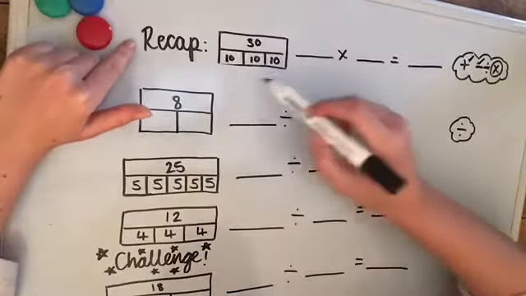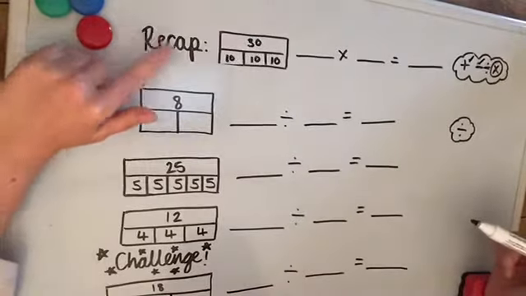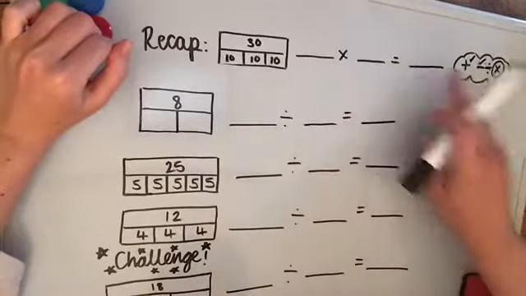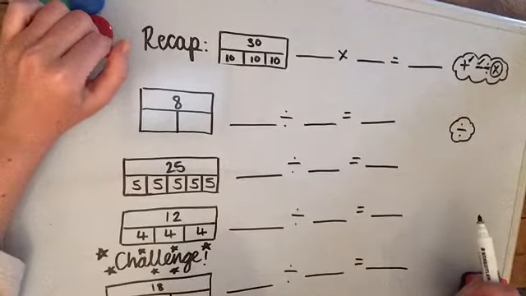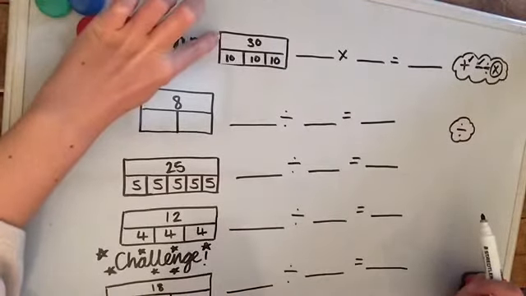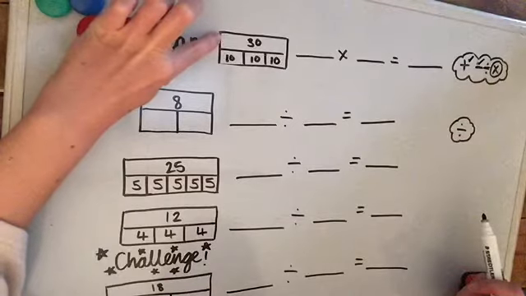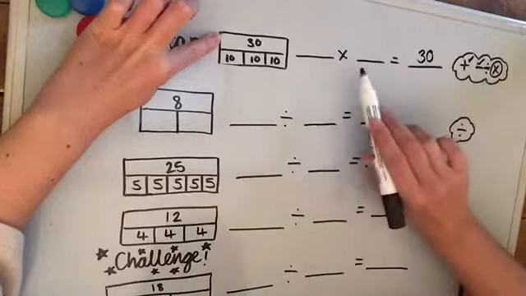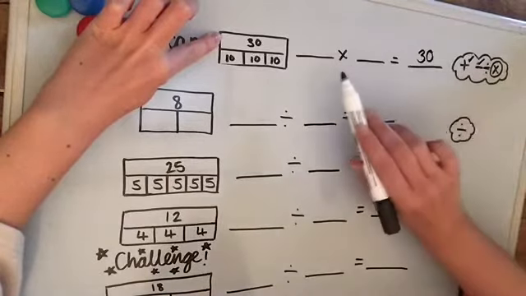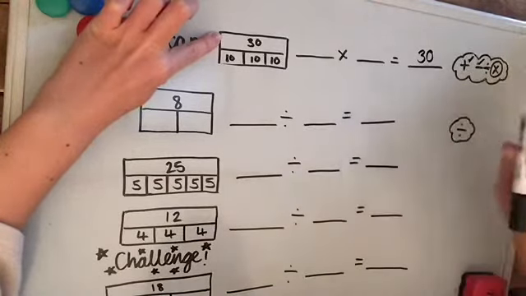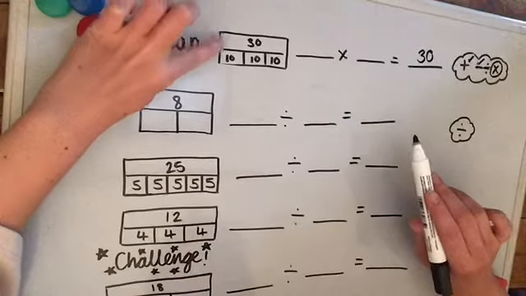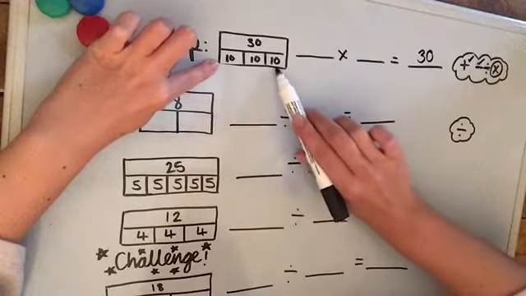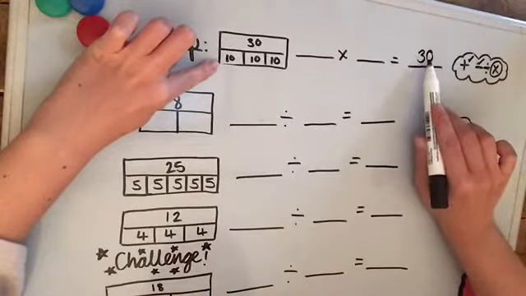So yesterday we were looking at a bar model like this, to try and pick out the bits of information that were telling us which multiplication number sentence it was representing. The large bar at the top is our total, it's our largest number. So with multiplication that must go at the end because the number gets larger. You start with a smaller number, you're multiplying it by something, and the number gets larger. Then we look at our bottom row to find out how many groups of something are giving us the answer